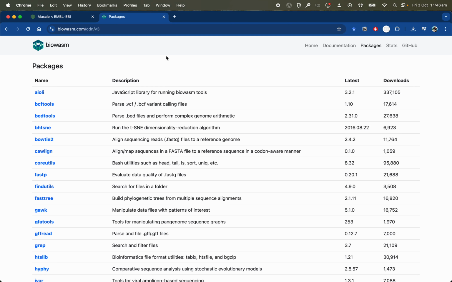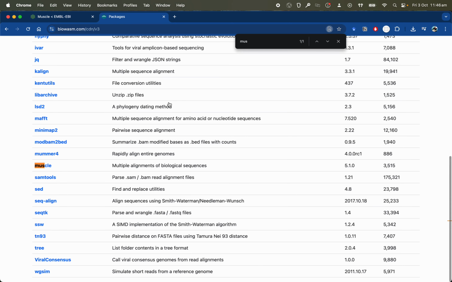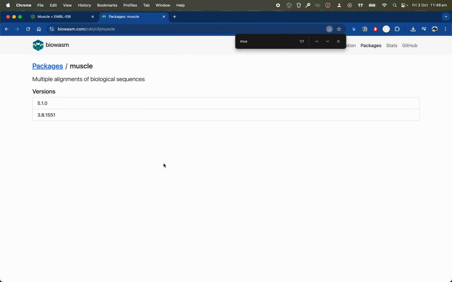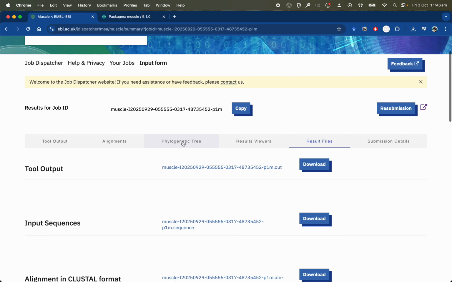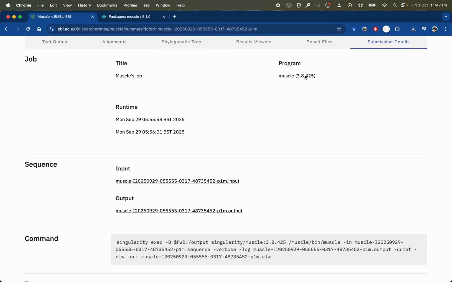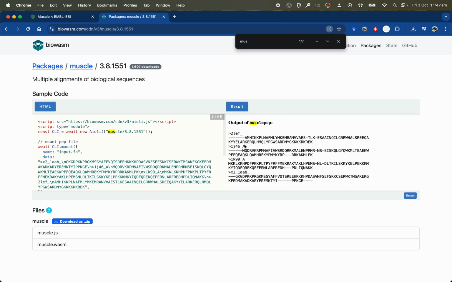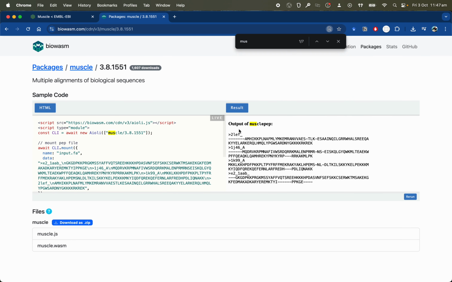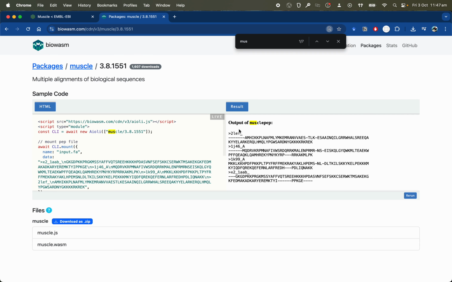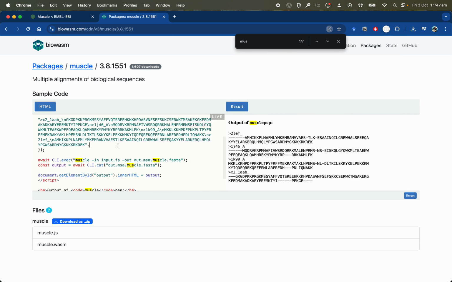Okay, so the way we're going to replace this is using Bioism. So here we have muscle. We can use version 5.1. I'm not sure what version. Submission details. Okay, so they're using 3.8. So maybe we should actually use the same version just to make sure that it is exactly the same. So both of those are available, and you can see that ran super fast, faster really than the submission queue because it doesn't have any of the overhead. So yeah, given these alignments,